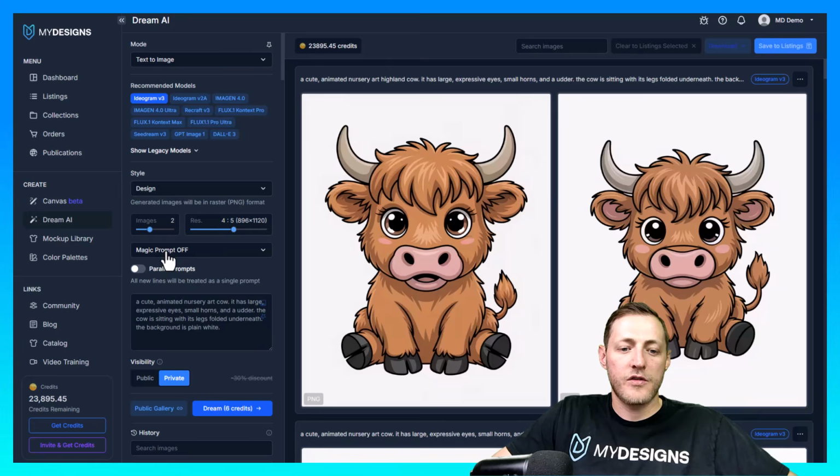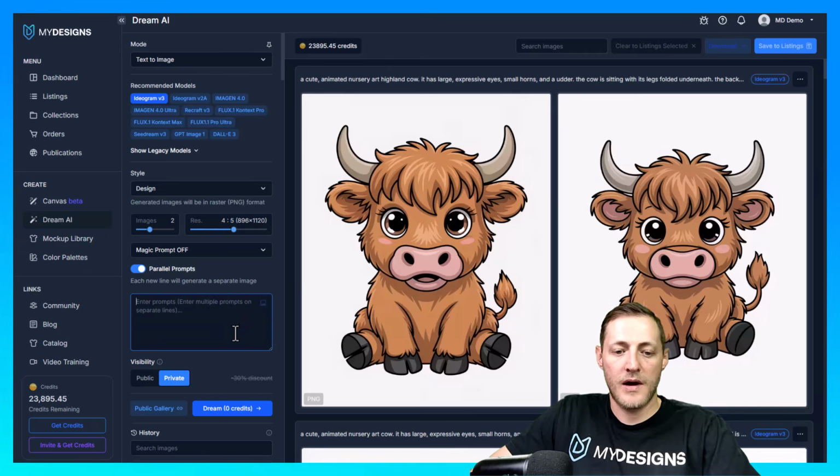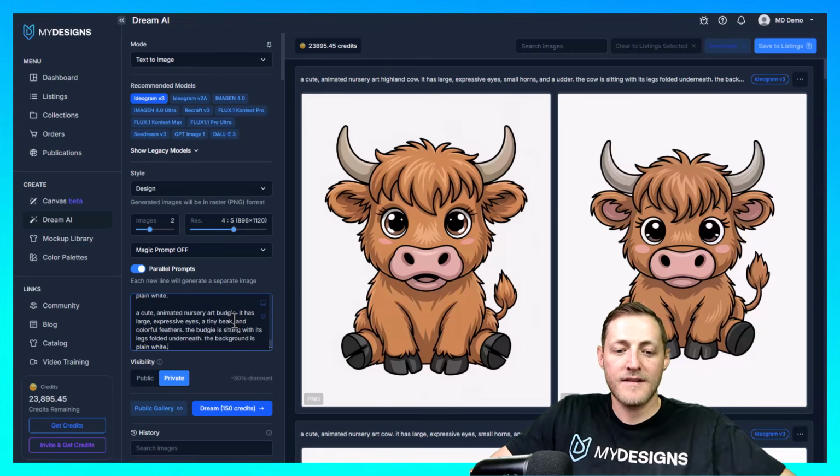Now the other thing here that's really important, I'm going to leave magic prompt off, but the important thing is when we're trying to generate multiple prompts at the same time, we can turn this parallel prompts button on. Now it says each new line will generate a separate image. So I'm going to go ahead and highlight this prompt, erase it, and then I'm going to paste the entire